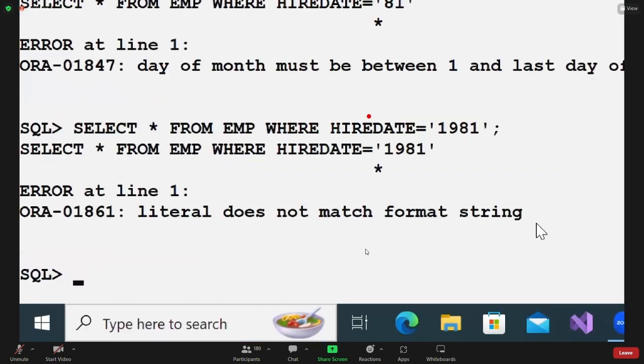Greater than, how to write it? Hire date greater than or equal to